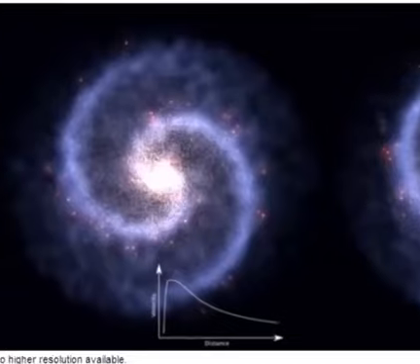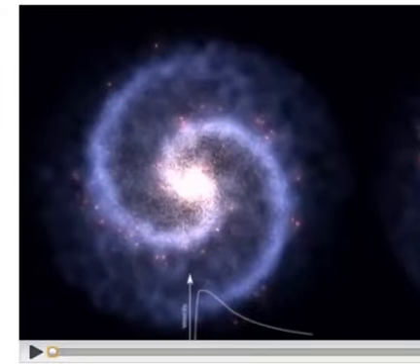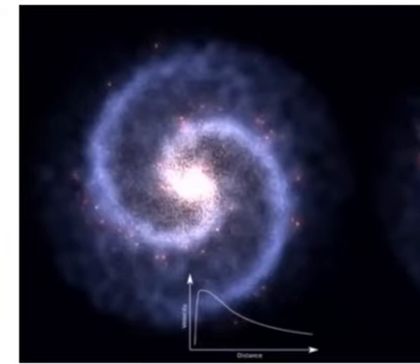Now we'd expect to see the same thing in a galaxy. When we look at a galaxy, we see that most of the light is concentrated at the center. And as you get further away from the center, the light gets fainter and fainter. So the light is telling us where the stars are, right? And we know there's like a supermassive black hole in the center. So most of the gravity we would expect is in the center of the galaxy, and there's less and less gravity as you get further and further away.